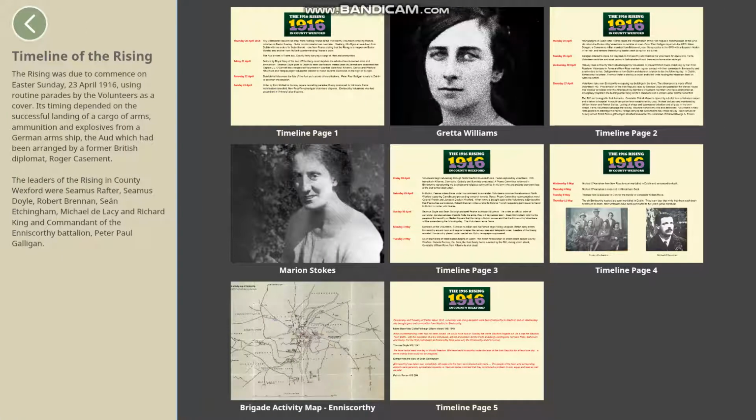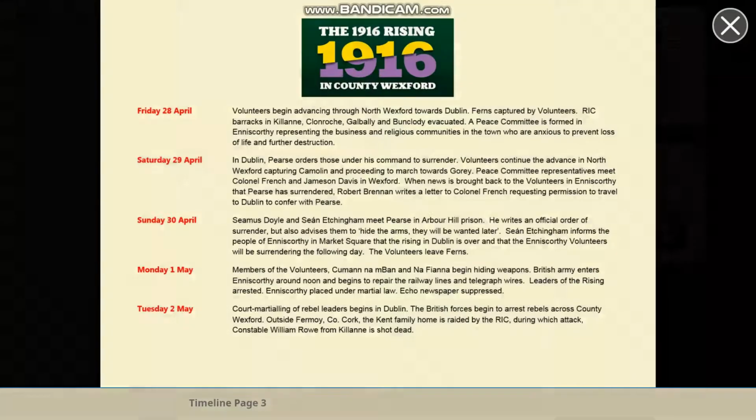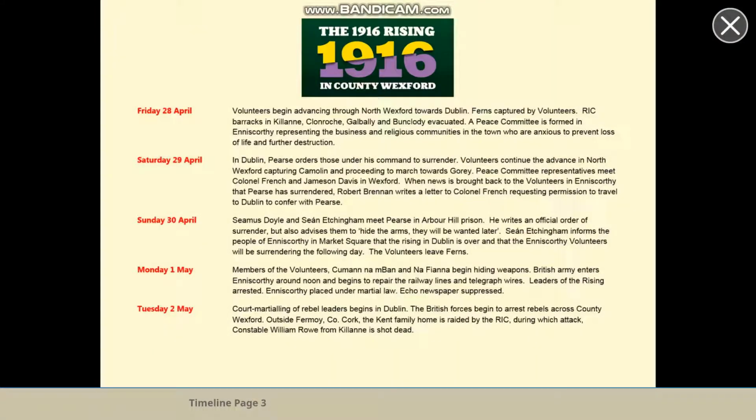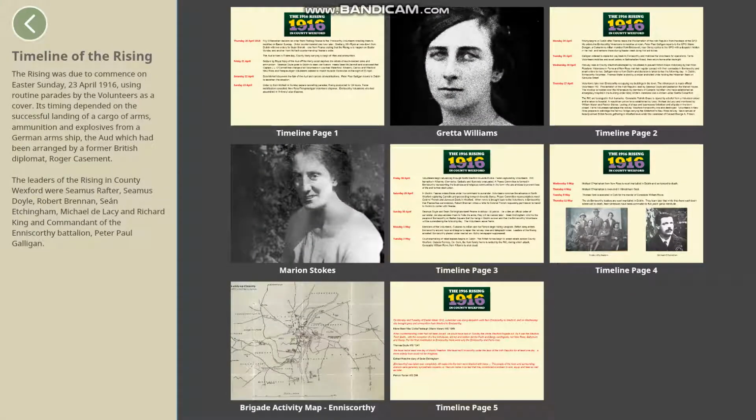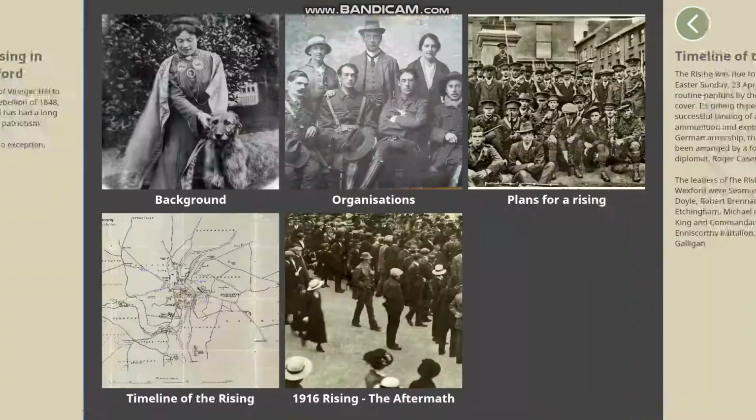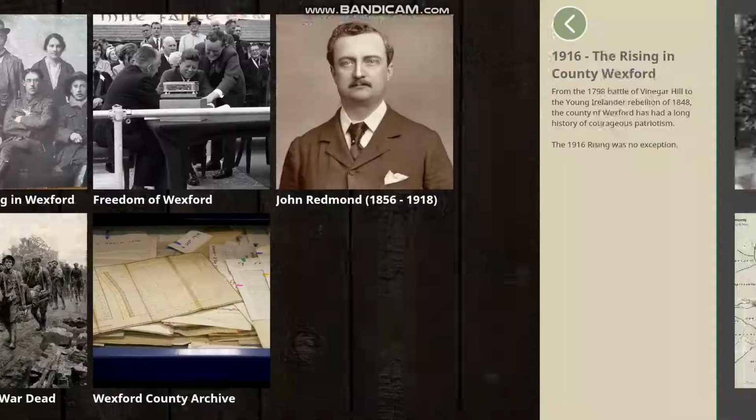If I pick Timeline of the Rising, this image here, you see it opens up into quite a mixture of panels of text and images. And the text, if I click on one of the text panels there, you can see I just built this up in Word and formatted it with the 1916 Rising logo, which is quite nice, and a nicer color scheme to make it bounce off the page for the user. So I'll go back, and I'll go back again, top left, and I'll go back to the top level here,